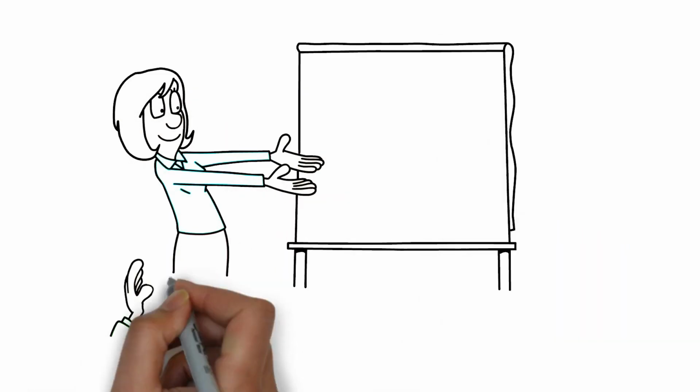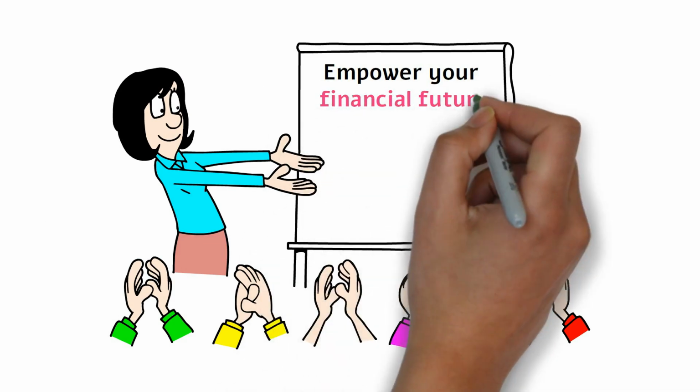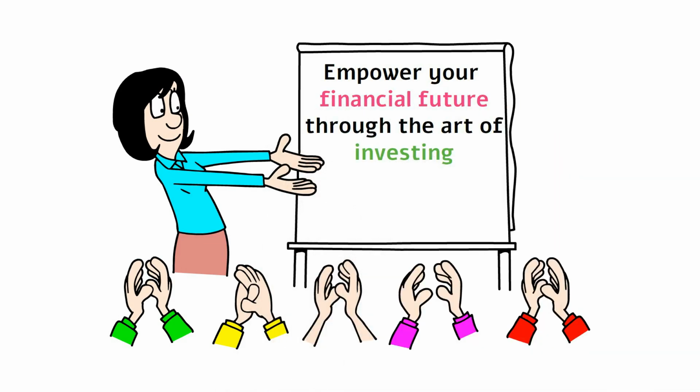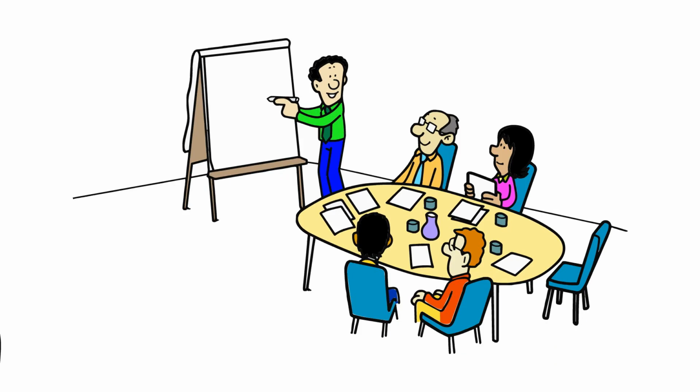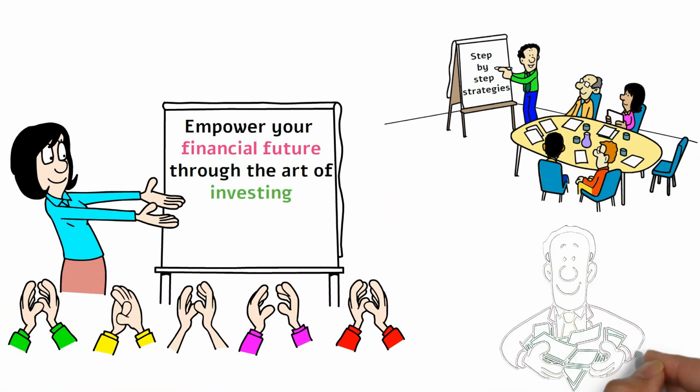Welcome, aspiring investors. In this comprehensive guide, we're setting out on a path to empower your financial future through the art of investing. Explore the fundamental principles and step-by-step strategies for beginners to kickstart their investment journey and witness their